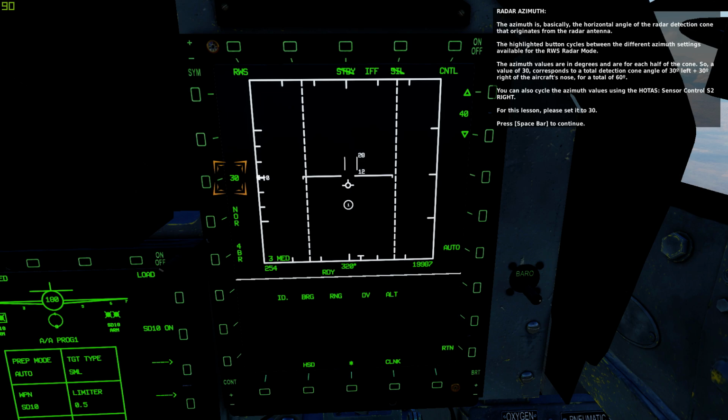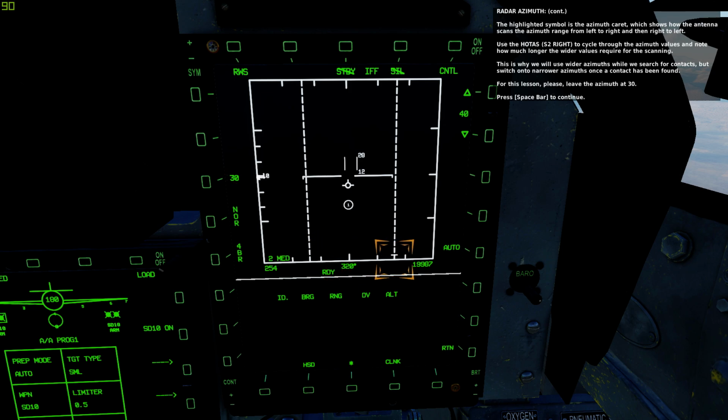You can also cycle the azimuth values using the HOTAS sensor control S2 right. For this lesson, please set it to 30. Press spacebar to continue. The highlighted symbol is the azimuth caret, that shows how the antenna scans the azimuth range